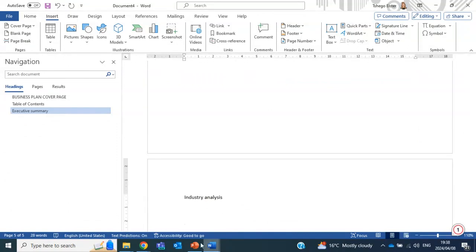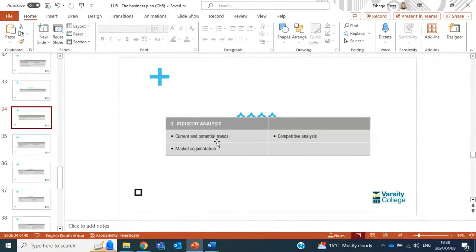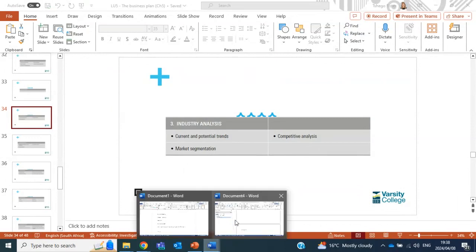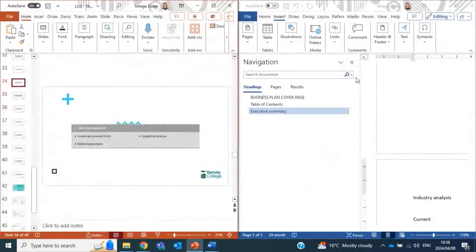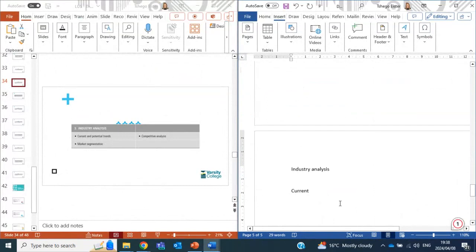Analysis. And you will see in the industry analysis, we've got current and potential trends, we've got market segmentation, and then we've got competitor analysis. So current, and maybe let me do this rather, and then close this. Yeah, current and potential trends, and then